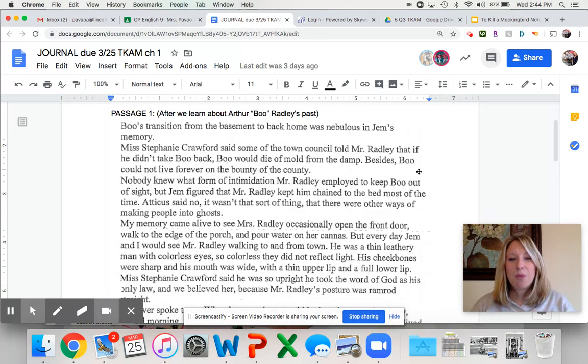But certainly, Boo Radley's house served to be this real mysterious place for Scout, Jem, and Dill. When they were playing, they always talked about Boo Radley's house. So the passage that I posted is about Boo Radley's past, and we learn that he does something really not great to his father. He actually stabs his father in the leg with scissors.